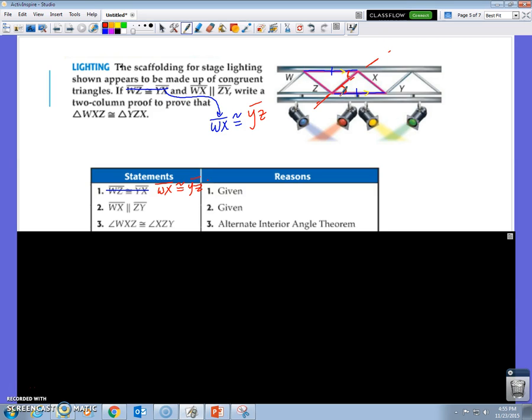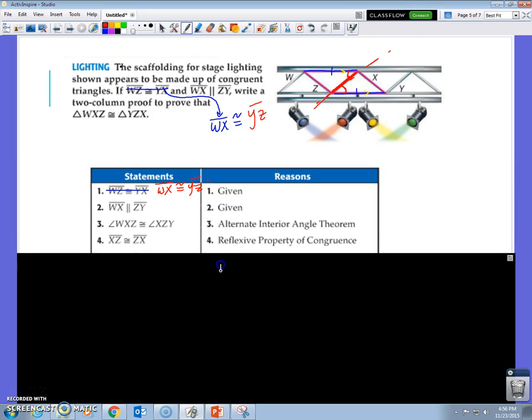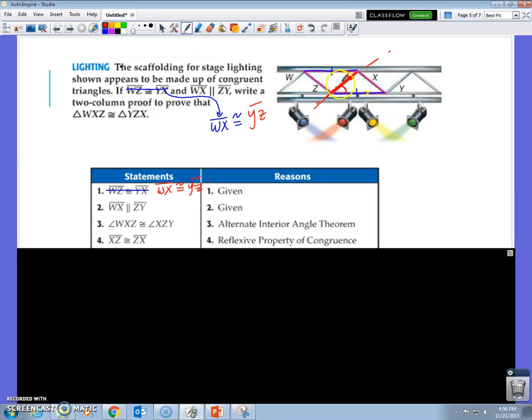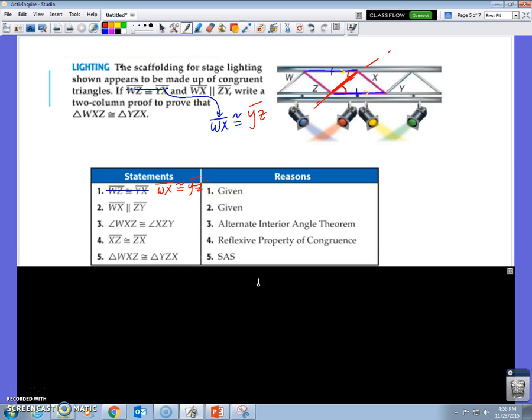So now we're well on our way. We have a side, we have an angle, and the reason we changed the given information is because our last side has to actually include the angle. So this is the last side that the two triangles share together. And so through the reflexive property, I know that ZX is the same as XZ. And then finally, the triangles are congruent through side, angle, side. I have a side, an angle included, and a side. Okay, so then